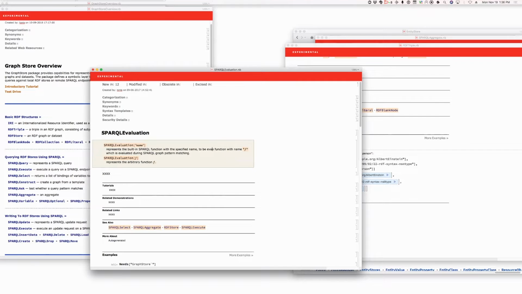To be evaluated during SPARQL graph pattern matching. All right? Yes. The following